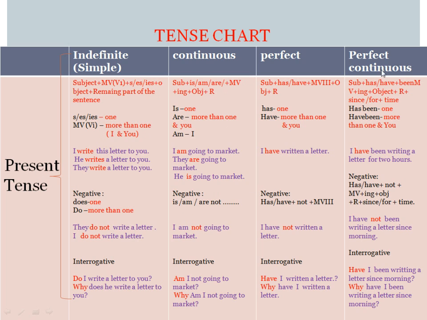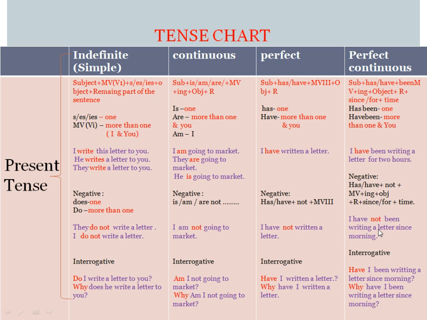But in present perfect continuous we find time. I have been writing a letter for 2 hours. Here time is given, 2 hours, and ing is also used, the first form of the verb plus ing. The continuous condition is in both present perfect continuous and present continuous, but the difference is time. So we can say the sentence belongs to present perfect continuous tense.